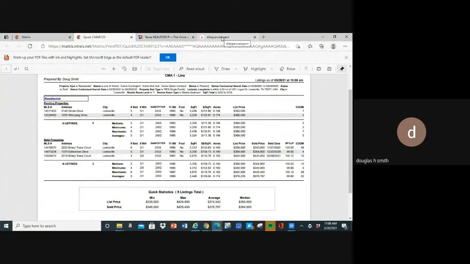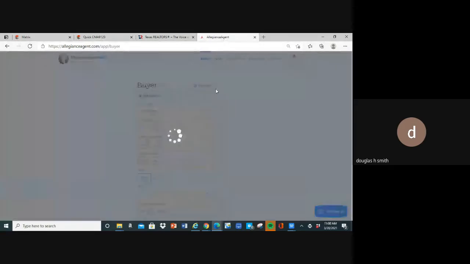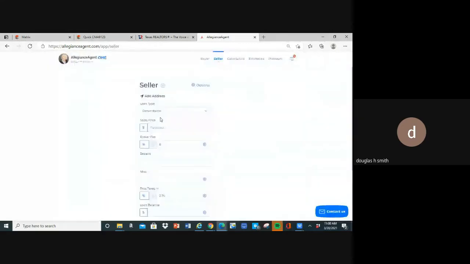Now I'm done with MLS, and I'm going to go to a web page that has a net sheet. Now, this is Allegiance Title, but every title company has their own net sheet program. When you log in, you can see at the top here it says buyer, and I'm going to select seller. When I select seller, it's going to open up a seller net sheet, and I'm going to simply go right here and type in. I'm going to first go at 400,